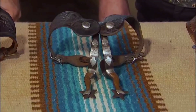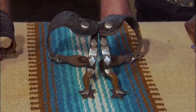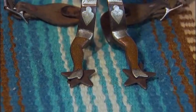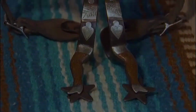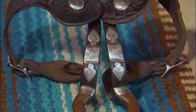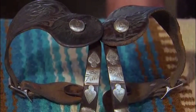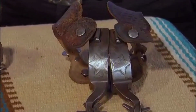Let's talk about this more delicate style here and very decorative. Tell me about these. Those center spurs were made by J.R. McChesney. McChesney spurs tended to be more light and delicate than a lot of other Texas spurs. While the second spur is more delicate than the first. The third spur was made by one of the most important spur makers in Texas. These spurs probably date to the early 20s, late teens, and they would probably bring $1,200 to $1,500 for the pair. Each of these spurs are distinct in their own ways and would auction at the price of...